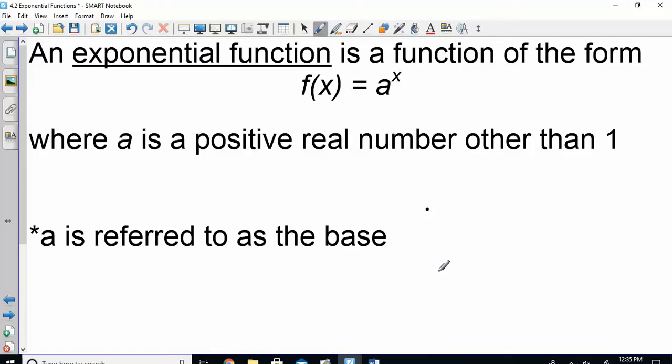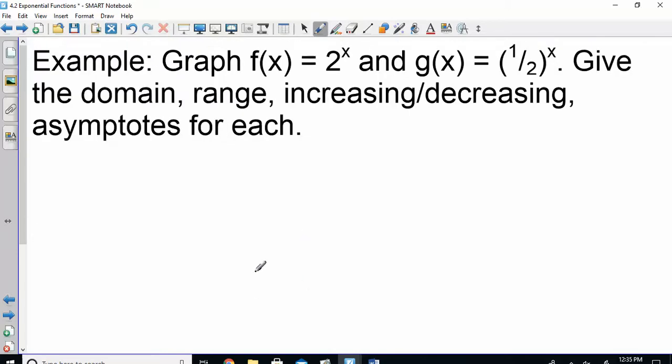When we graph these, we are going to start out with making a t-chart. In general, we always require a minimum of 3 exact points when we draw this graph. So we're going to look at a couple and kind of figure out some properties of their graphs when they're increasing, decreasing, domains and ranges, those kinds of things. So here is our first one. F of x equals 2 to the x. So if you wanted to graph this and get some exact points,